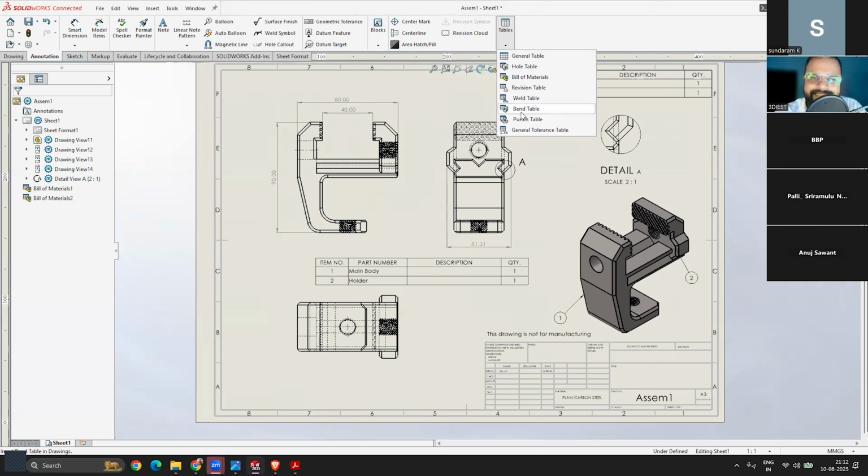If you are working on sheet metal projects, then you can add bend tables, because when you create a flat pattern out of sheet metal projects, you have to define all the bends, like at what place, how much bend is needed. Because at the end, they have to fold the sheet metal to get the shape. So these are the things, guys. Any more questions?